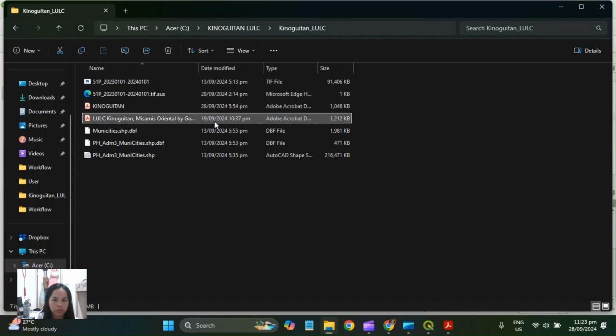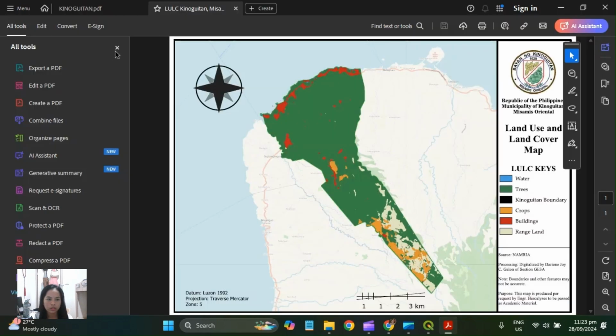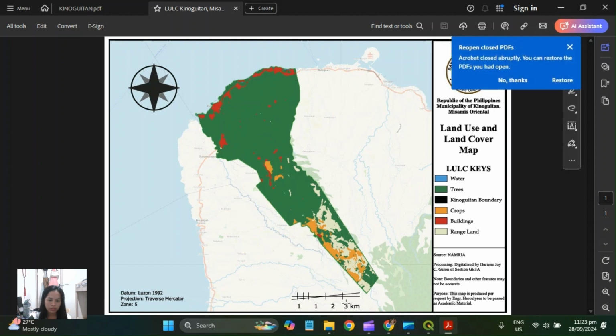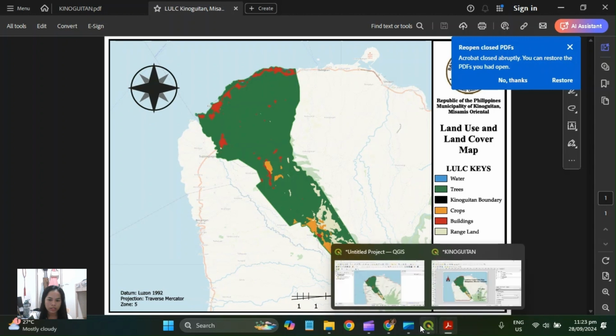This is the final output that I have submitted. I made all the text to be on the left side so that it would only focus on the map itself and the scale bar. So that's all. And this is it.